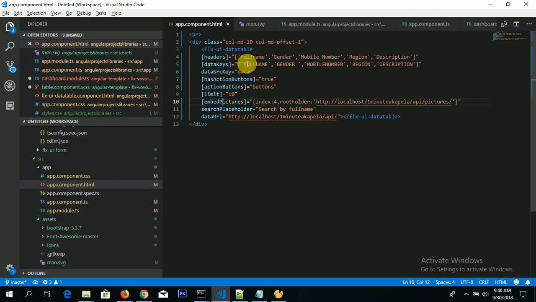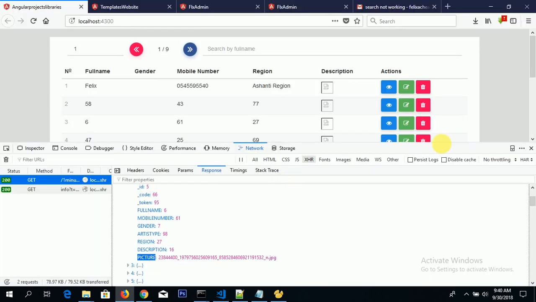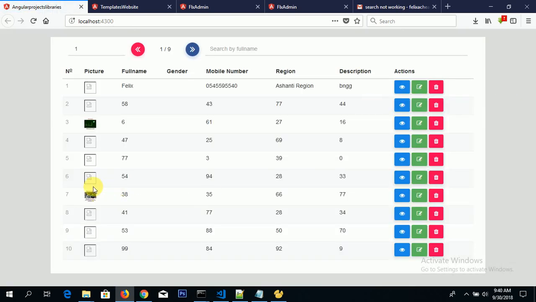So let's come here and then add a picture header. Then here add the key. Then here it is at that particular index 0. So here you say 0. You save it. Now we have our pictures, but this one